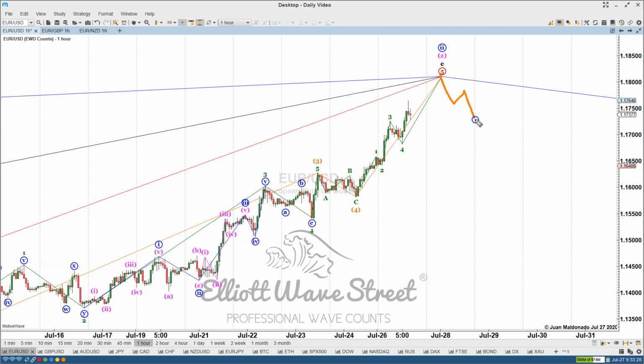If we have a 5-wave sequence, let's say here, and then a 3-wave sequence up that fails to make a higher high, this will be wave 1 and this will be wave 2, and from there we can start thinking on short. But without the 5-wave sequence, let's say that instead of doing a 5, we only see a 3-wave